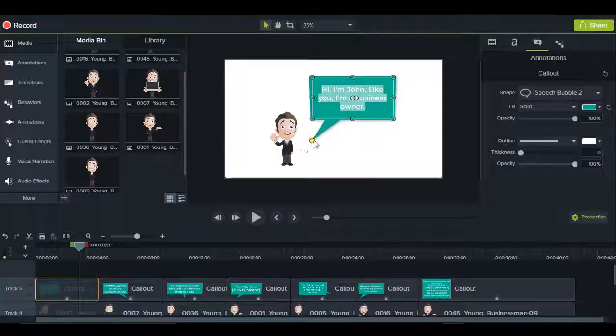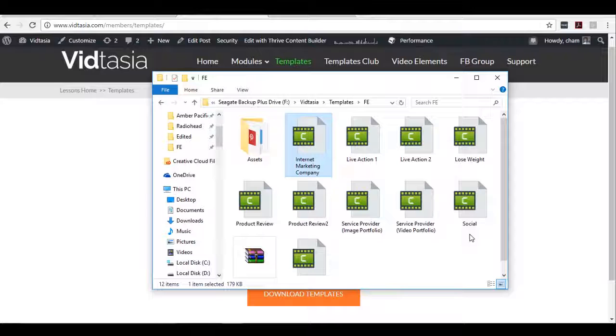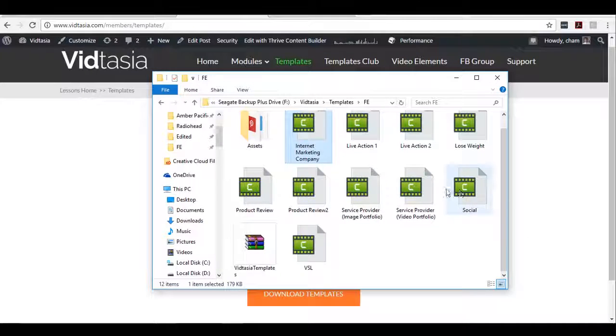And for this one, you can always transfer them if you wanted to. As you can see, you can just click that circle over there and maybe place it right here if you wanted to. Let me just bring that back here. So that's how you can change where you want the callout to happen. And here, as you can see, I just did a bracket for the name of the company. Of course, you can just add the name of the company there, as well as in the call to action. And basically, the principle works the same way with the lose weight and social templates,